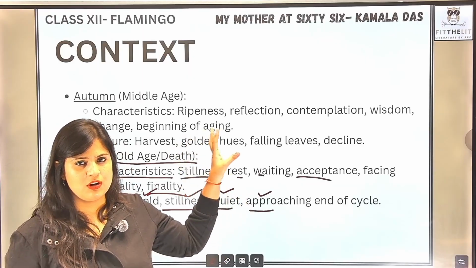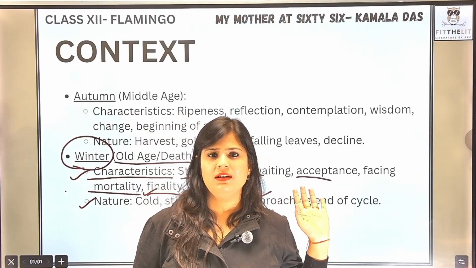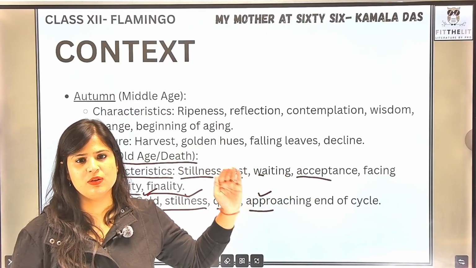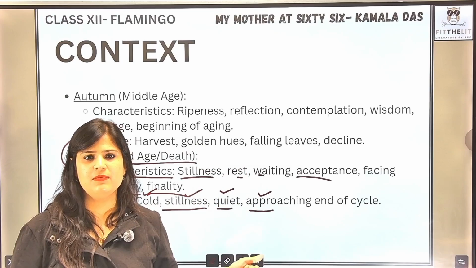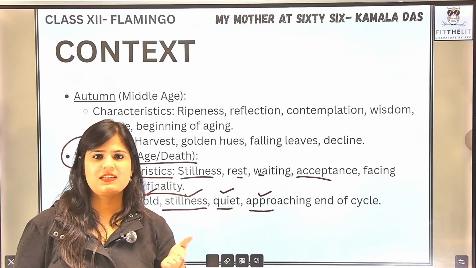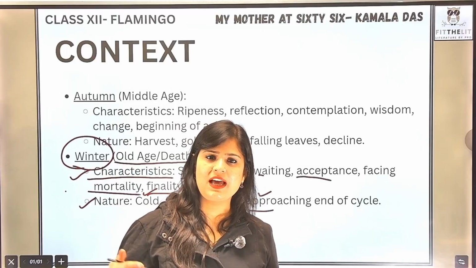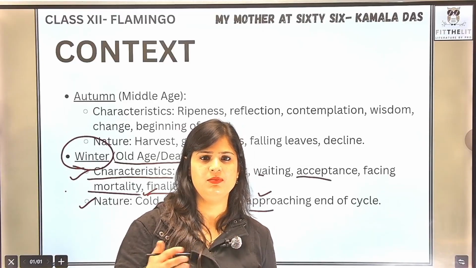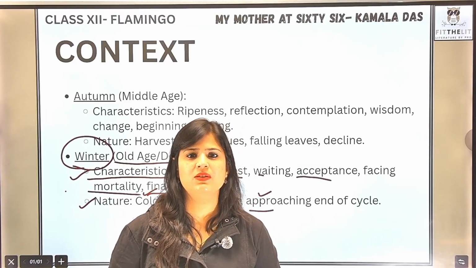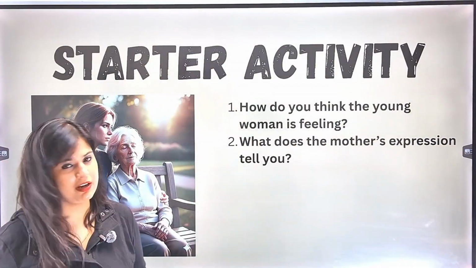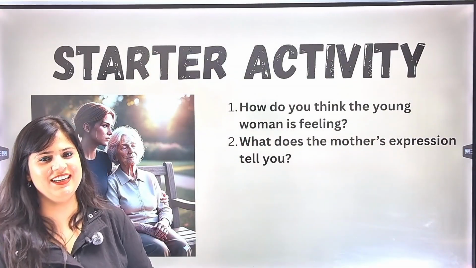Now John Keats had drawn this parallel, and this parallel or this allegory you can say is used in present times also, or after his time also when he was writing in the 19th century. उसके बाद भी इस allegory को काफी use किया गया है by further poets, and Kamala Das also has used this particular allegory in her work, right? Alright, so first of all the starter activity.